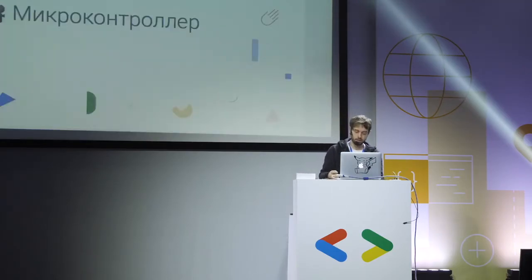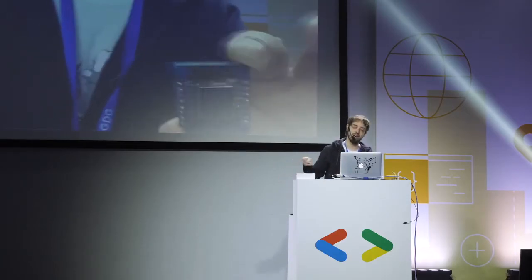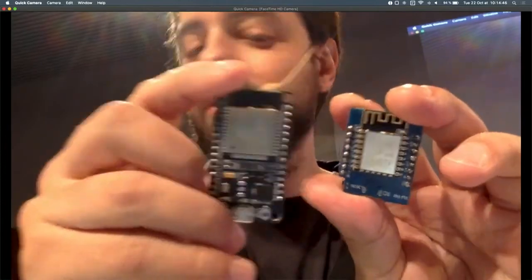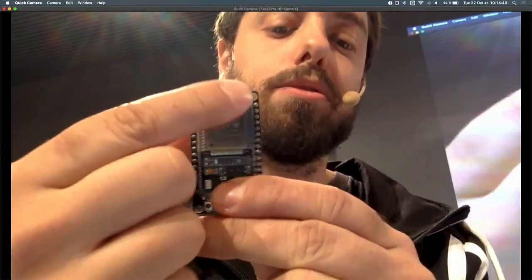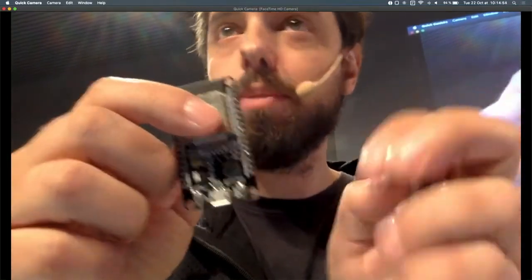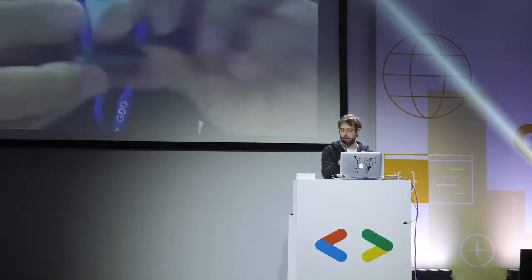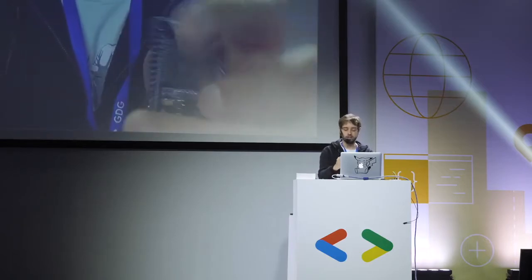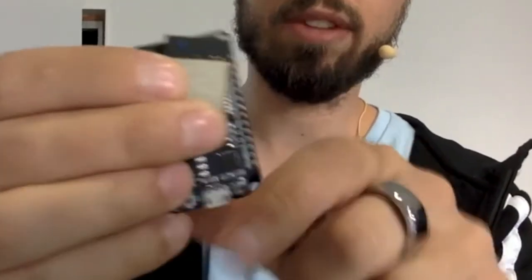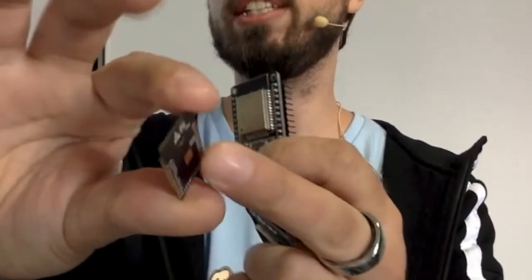This microcontroller is good, the ESP8266, but the Chinese people came with something even better, which is the ESP32. This is the successor of the 8266. It features 240 megahertz, so it's like the power of an old computer from the 90s. It's very, very fast for a very small board like that. Again, the microcontroller is this black part. This is just a prototyping platform, which means that if you want to buy just the microcontroller, you can buy it, create your own custom board underneath, and it will be much cheaper, and maybe smaller.